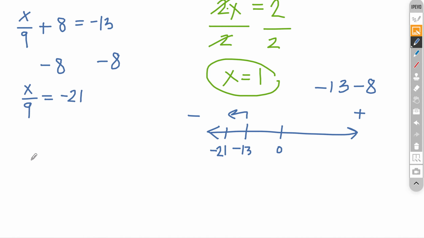Now I need to get rid of the 9. I need to somehow undo this division sign. So the opposite of division is multiplication, so I want to multiply both sides of the equation by 9, and that way that'll cancel out the 9 that x is being divided by. So now my variable is isolated, x is by itself, and now I just need to think through what is negative 21 times 9. I know negative times positive is negative, so my solution is going to be negative. And then 21 times 9,